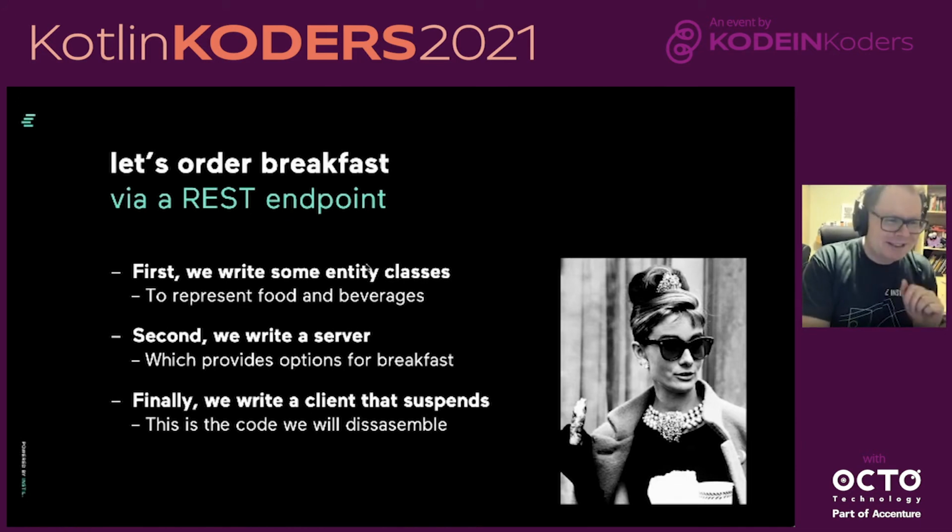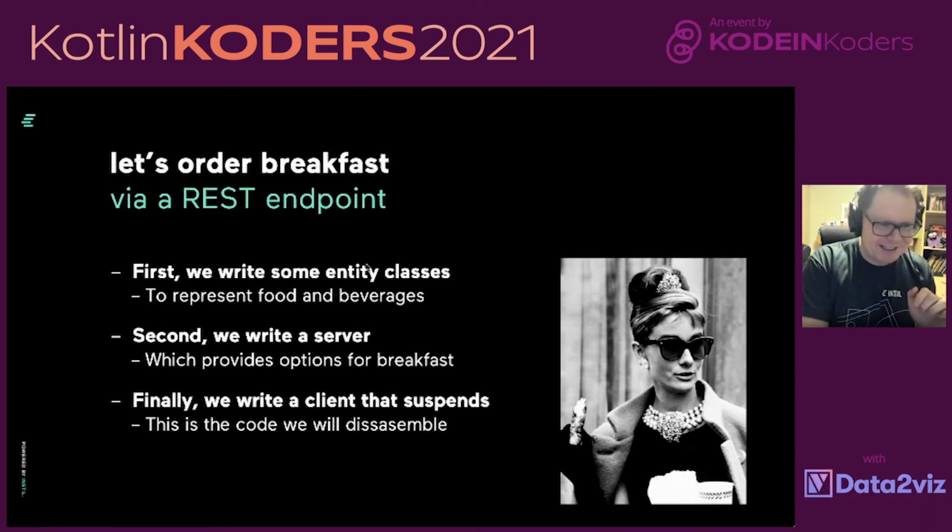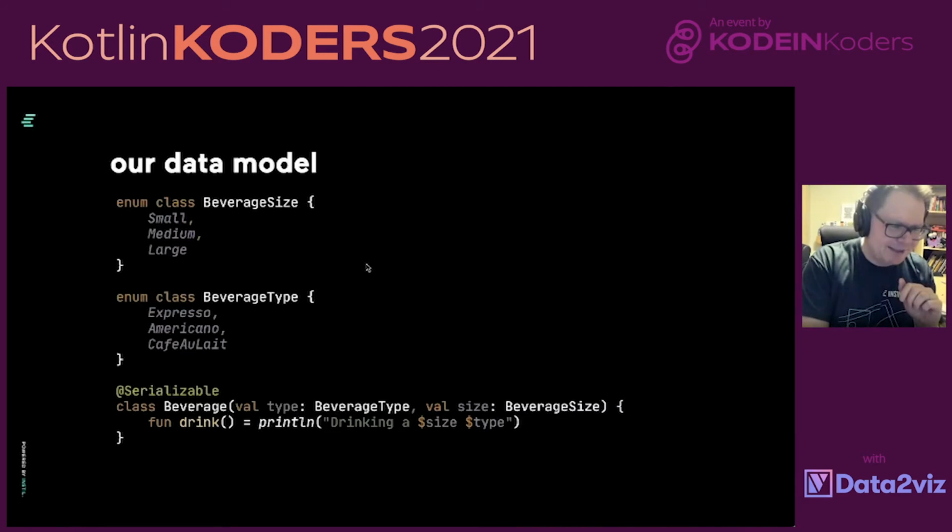Yeah. So what we'll do is we'll write some entity classes. Then we'll write a server, then we'll write a client that uses suspending functions. So first of all, for breakfast, let's have our beverage. Every beverage will have a size, every beverage will have a type. So we've got a serializable class called beverage that has a type and a size, and you can drink